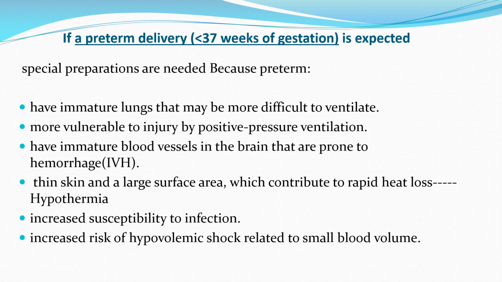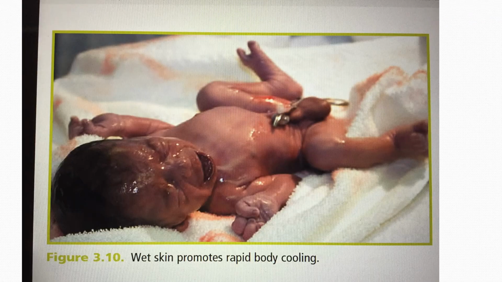In preterm babies, we are expected to make special preparation because they have special risk factors. They have immature lungs that may be more difficult to ventilate. They are more vulnerable to injury by positive pressure ventilation. They have immature blood vessels in the brain that are prone to IVH. They have thin skin and a large surface area, which contribute to hypothermia. They have increased susceptibility to infection and an increased risk of hypovolemic shock related to small blood volume. And this is a preterm baby who is wet, and this can produce hypothermia